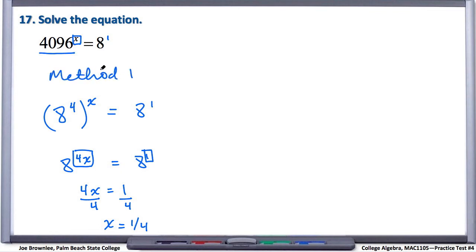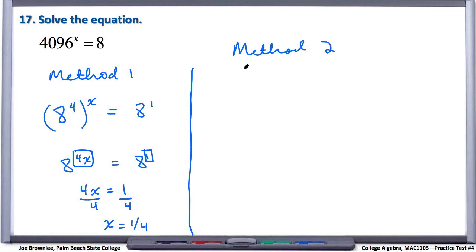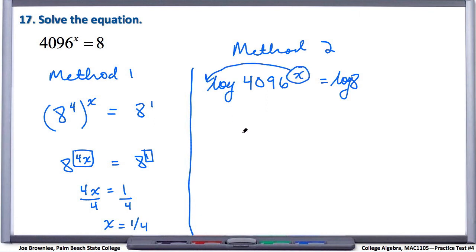And the second method that we can take a look at, we'll obviously get the same answer, just go about it a different way. So method 2. Now in method 2, we're going to again start with what we originally had. 4096 to the x equals 8. And now in this case, what we could have done was, well, let's solve for the exponent. And in this case, because x is being expressed as a power, as an exponent, if we take the log of both sides here, what that'll enable us to do is take this exponent and move it out front. So now what we have is x